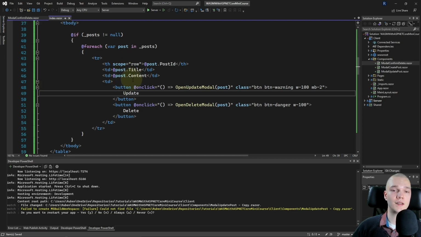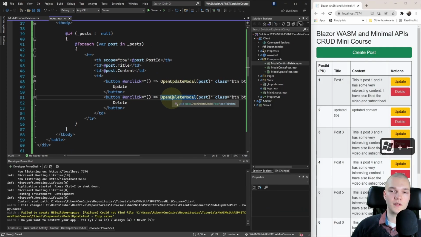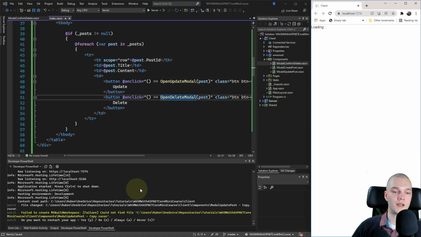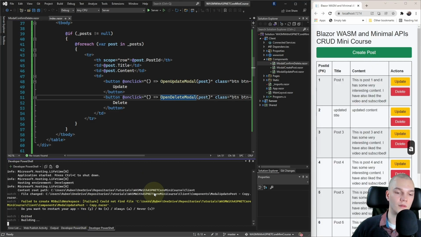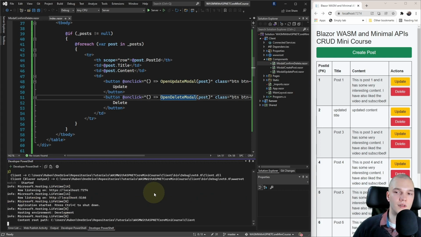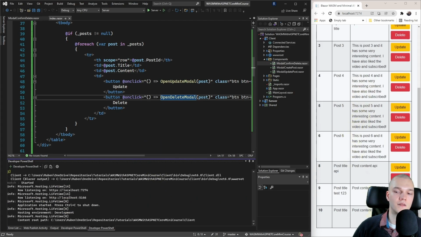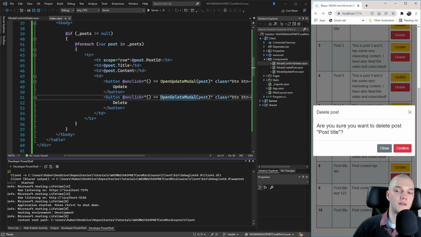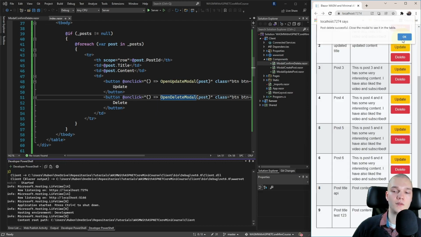Let's try this delete feature out. I'll open Visual Studio and my browser side by side again, just refresh to be sure. And I will do Alt A to always restart. So then I'm gonna hit delete on the last post, and nice, we get a modal asking if we're sure. We're sure, so I'll hit confirm and OK, and nice, it disappears.